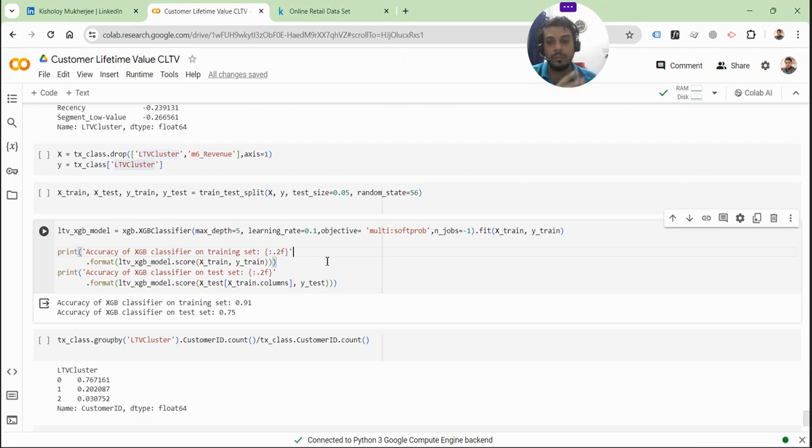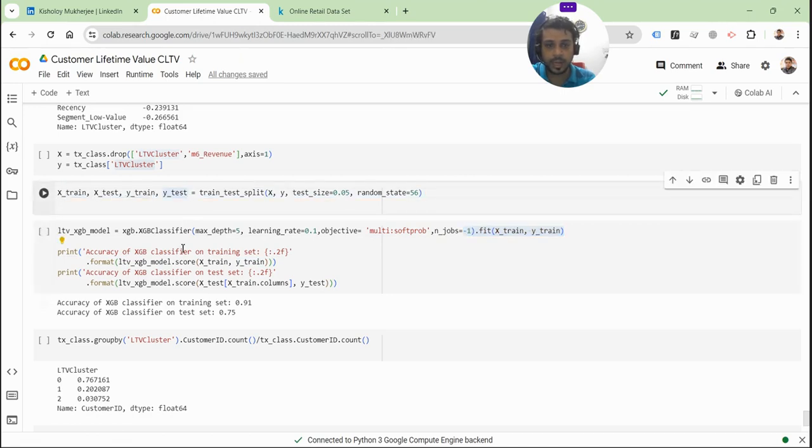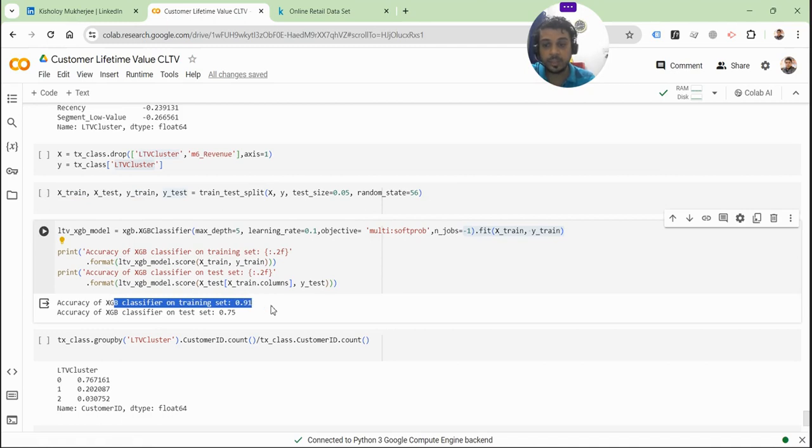But for now, I've kept the maximum depth at 5 and the learning rate at 0.1, and then also provided other parameters, and then I'm going to fit it on the training data, xtrain and ytrain. And then I'm going to print the accuracy. Okay, so what is the accuracy of this model? And the accuracy on the training set comes out to be 0.91, and the accuracy on the test set comes